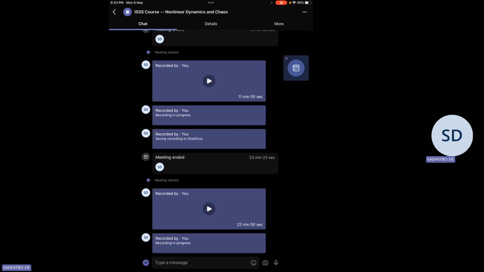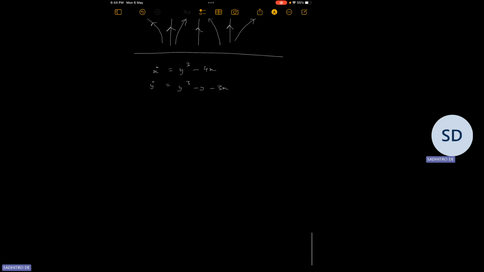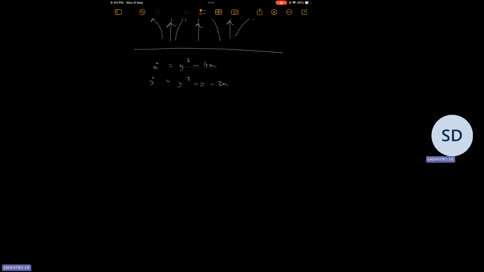We had initially an uncoupled system. x dot equal to... so what are the fixed points of this system? Fixed points of this is given by